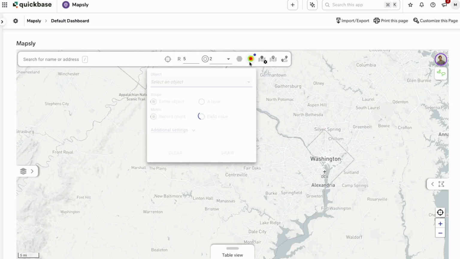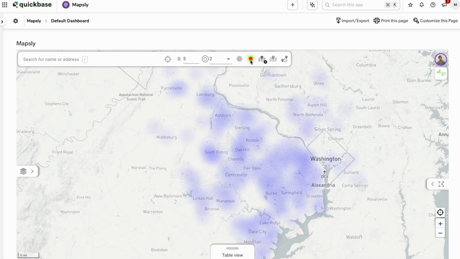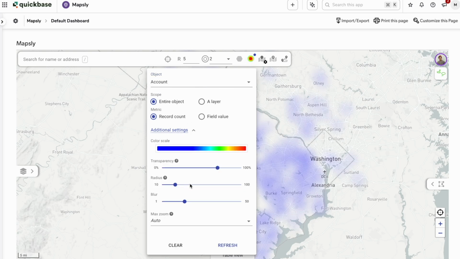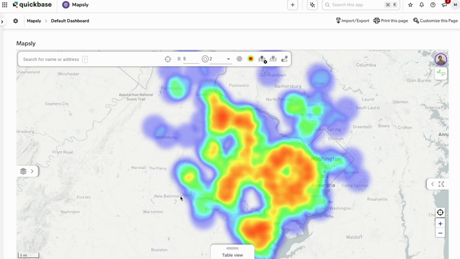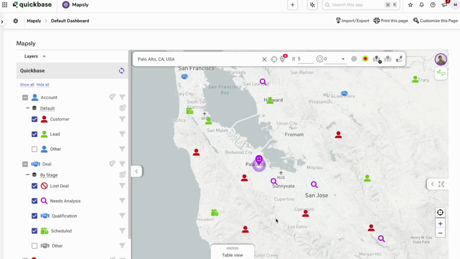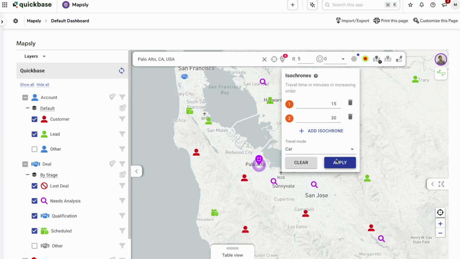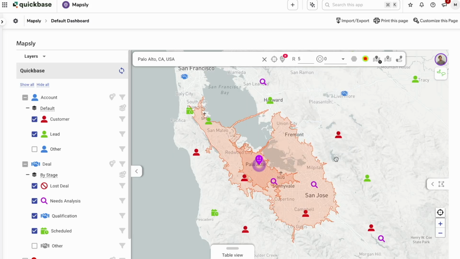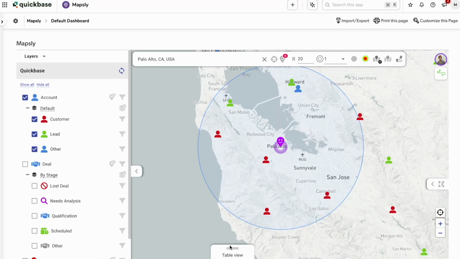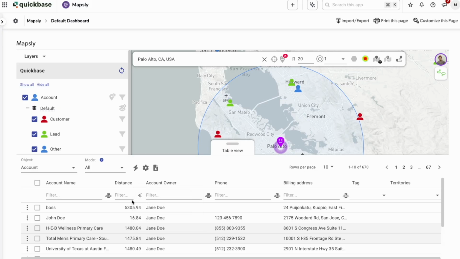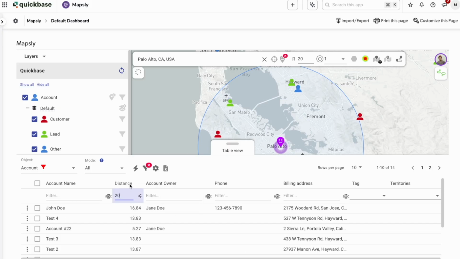Mapsly's highly customizable heat map tool lets me see the density of customers or revenue, helping me spot regions with high sales concentration, underserved areas, or emerging trends. To see clinics that are easy to visit from our company offices, I can use the isochrone tool that draws lines of equal driving time from a location. Using the table view, I can sort or filter Quickbase records from any object by direct distance from an arbitrary